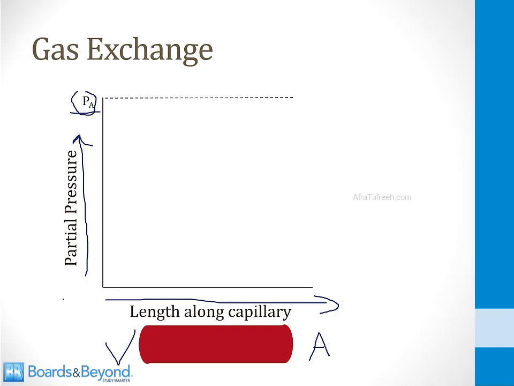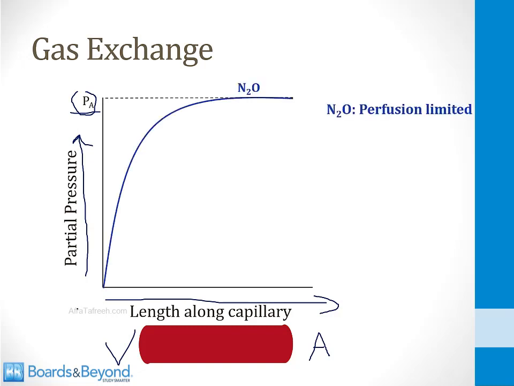And now we're going to examine how the concentration of nitrous oxide changes as blood flows along the pulmonary capillary and picks up nitrous oxide from the alveoli. And if we were to do this experiment, we would find a curve that looks like this. So initially, venous blood enters the pulmonary capillaries with no nitrous oxide because we don't normally have any in our bloodstream. But as blood flows along the pulmonary capillary, it picks up nitrous oxide from the alveoli and it quickly